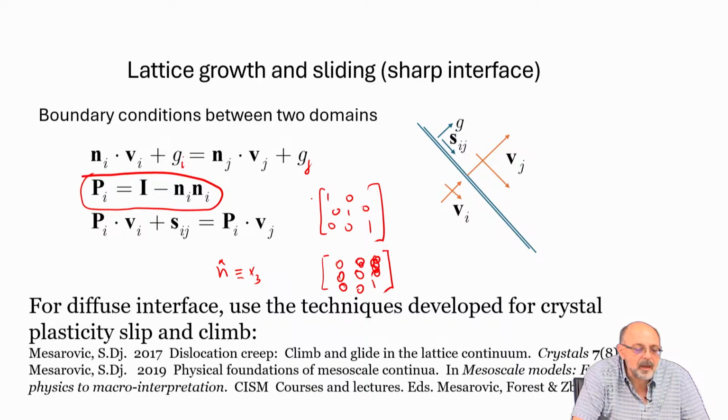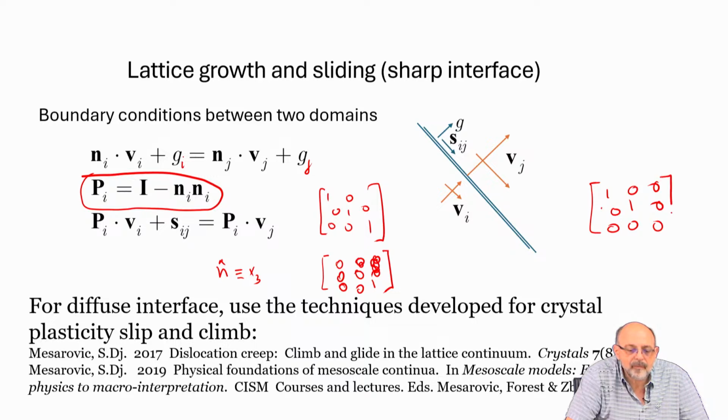So my P will be 1, 1, 0, with zeros elsewhere. So the property of this rank 2 tensor is that when I multiply any arbitrary vector in space with P,